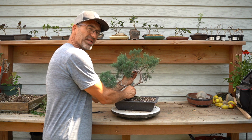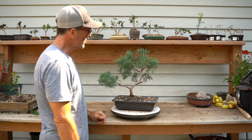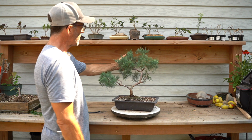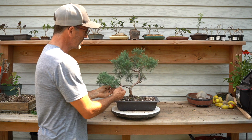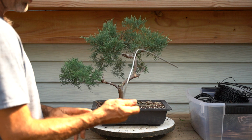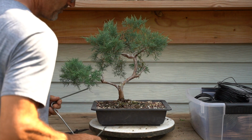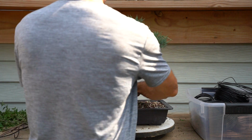You know, an inch today, maybe an inch a month from now, and we'll slowly but surely get this thing around. We could even bring this guy around as well with wire if we wanted to, but we'll let that one go for now. So we're going to try to get this guy right here down a little bit lower for some positioning. I've got this old stake. This used to hold a soccer net into the ground, and I've just shaped it so when I put it around the training pot here,